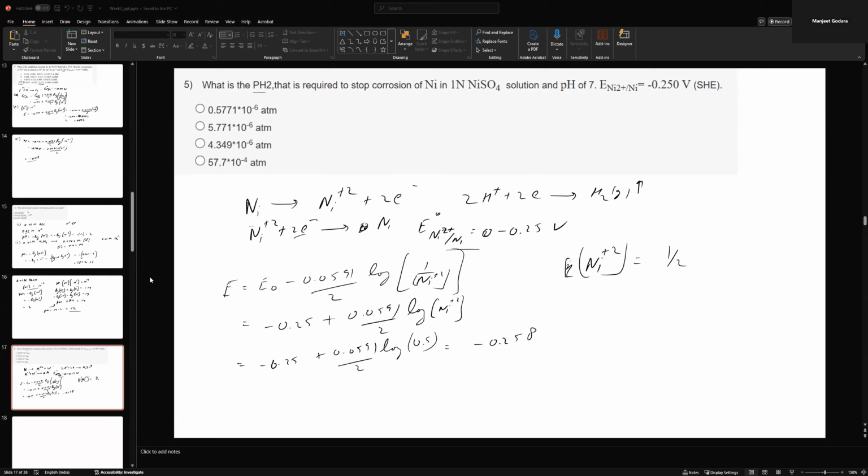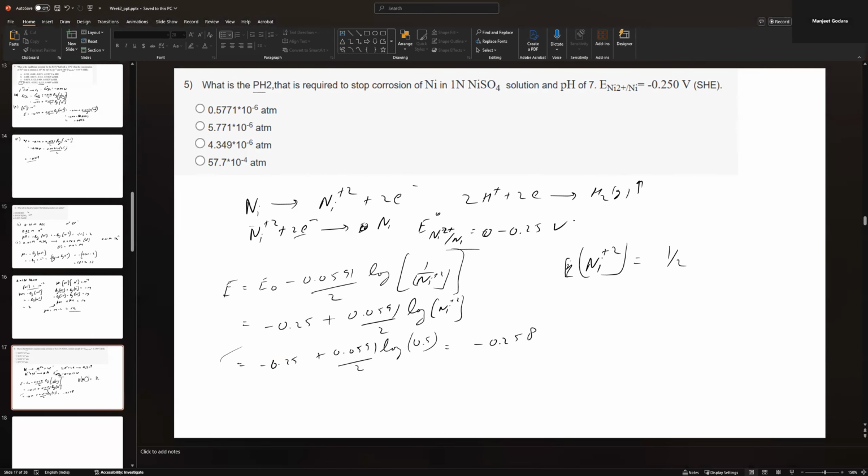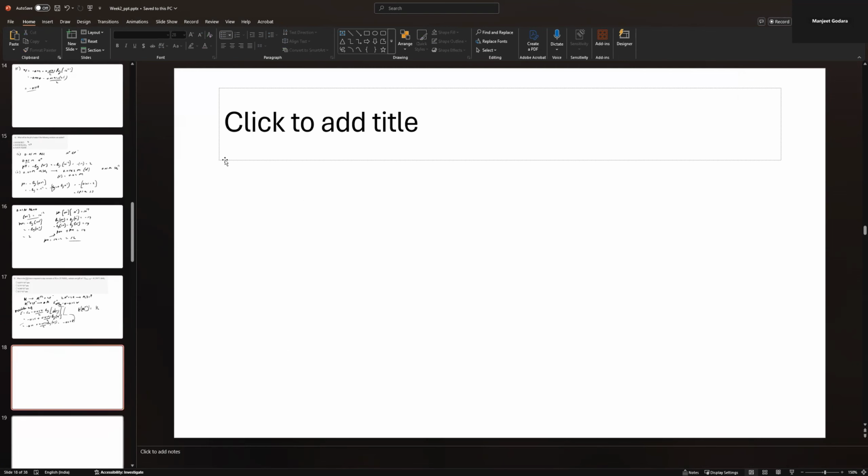And the other reactions, this is for the reduction. Next page, for the reduction of hydrogen you get